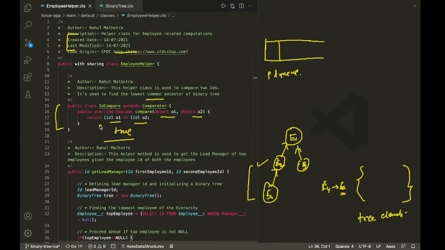I'm just comparing two employee IDs in my binary tree so that I can find out the parent node. Because let's say I want to find E2, it has an ID of 2. I know that employee number 4 is going to report to employee number 2, so I need to check, is this ID equal to 2? Is this ID equal to 2? So I'm going to pass in two IDs here. In case this ID is equal to 2, that means this is the correct node, so I'm going to simply insert a new node below this. So that's how this comparator class is being used, and the name of the class is ID compare.